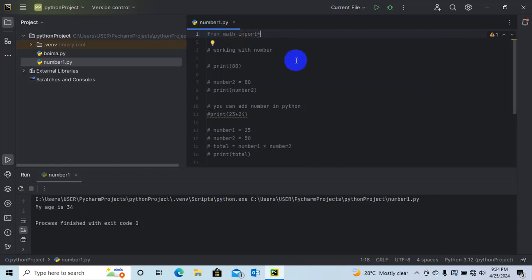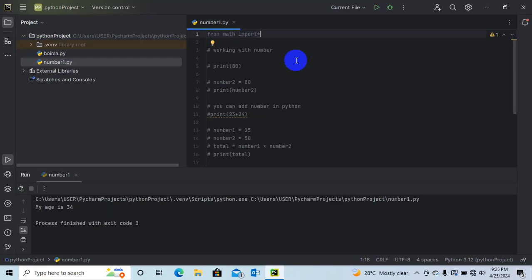This is a built-in mathematical function within Python that can help us if we want to accomplish a mathematical formula or solve some math problem. We have to import the built-in function for math.